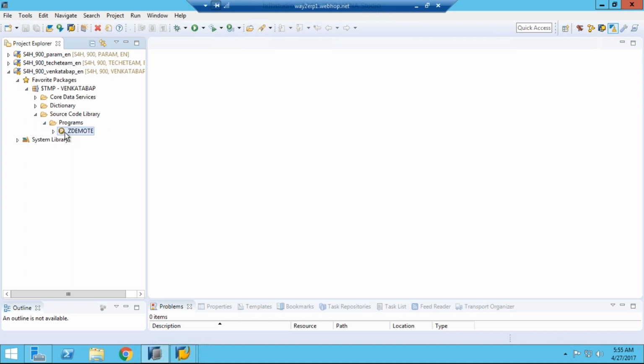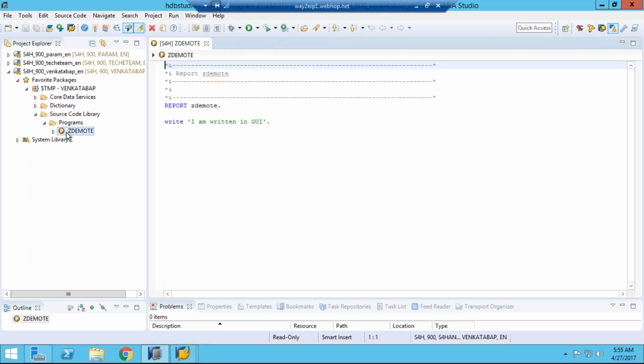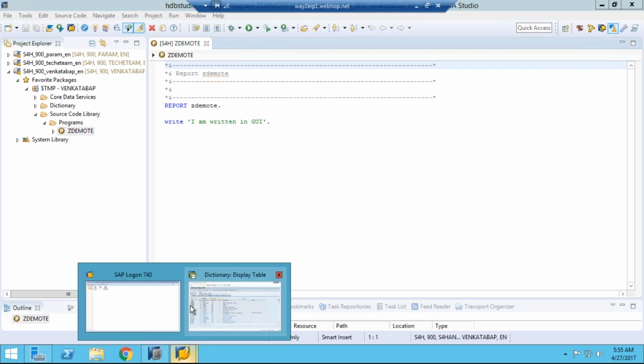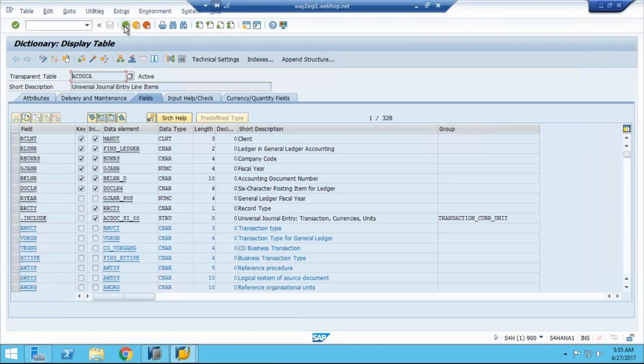Demo. Whatever code I developed here, I can see in SE38. So see, this one is developed. So if I go to SE38,